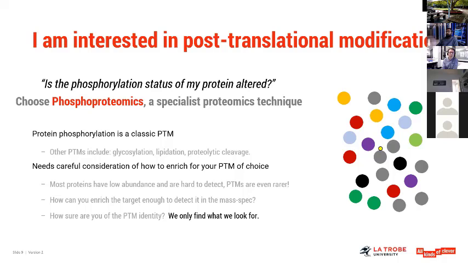In this little diagram on the right, I've just illustrated the concept for you: in a complex solution of proteins, only some have the modification of interest. So you need to be able to pull those out and perform what we'd call enrichment. So the question becomes, how can you enrich your target enough to detect it? And we certainly have techniques to purify, for example, phosphorylated proteins. But again, it all comes back to